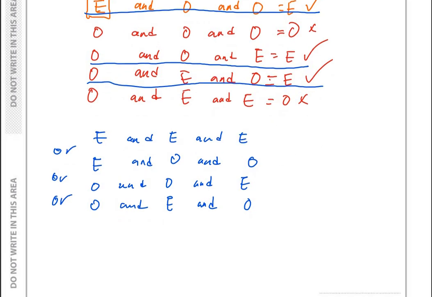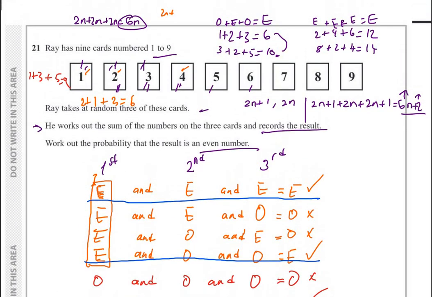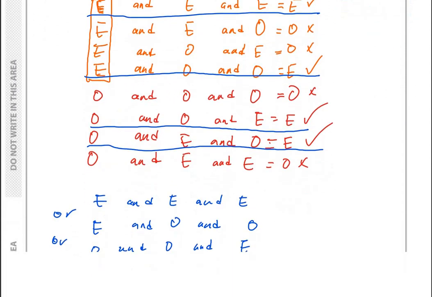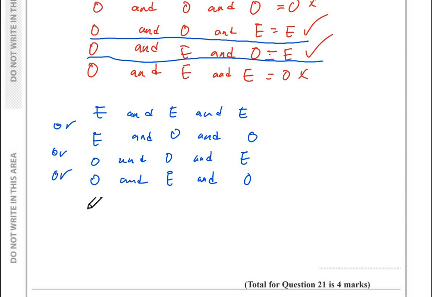Okay, so now let's take a look at the probability of actually finding an even number. We have a total of 9 cards, and we have 1, 2, 3, 4 even numbers, which means that the probability of finding an odd number would be 5 over 9. So for our first pick, the probability of getting an even number would be 4 over 9